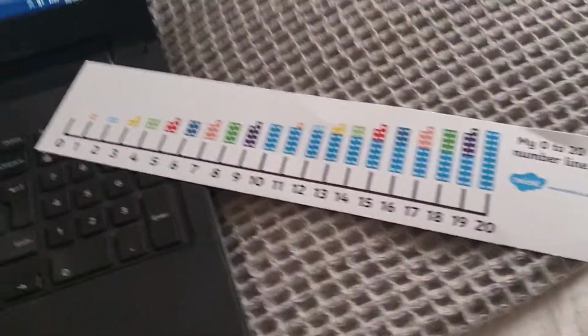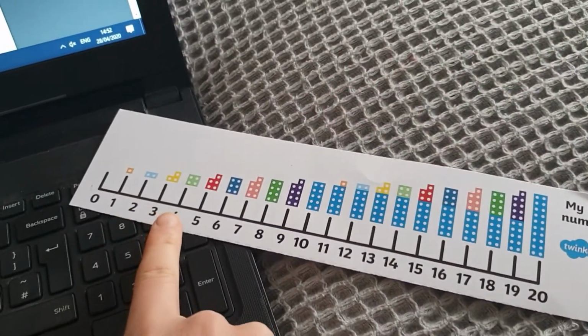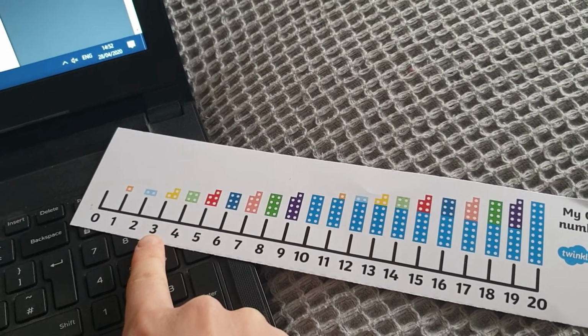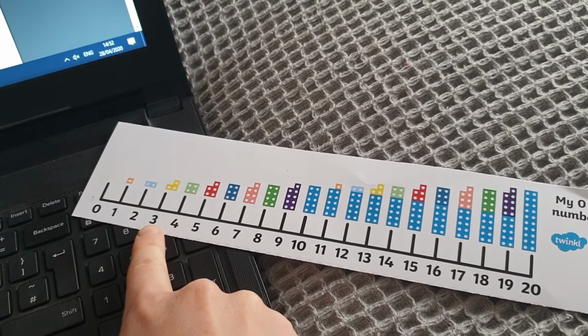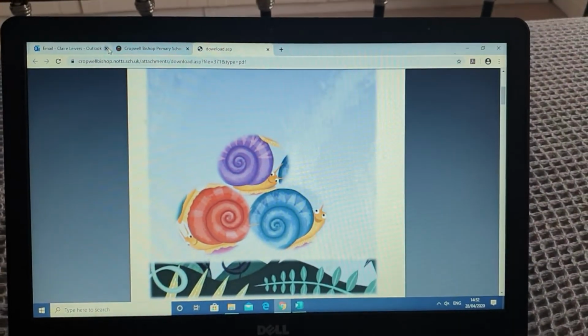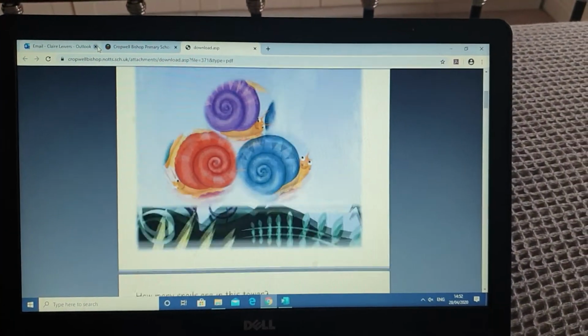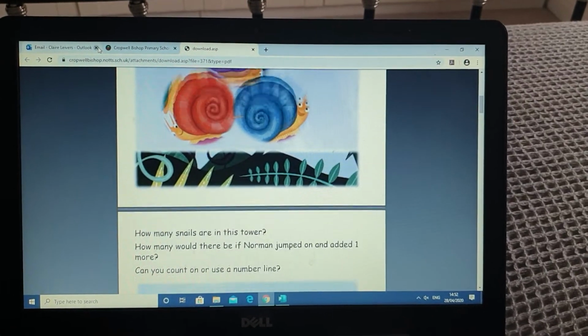If it gets trickier, you could use your number line to help you. You could find the amount that are currently there, 3 snails, and do 1 jump, 1 more on the number line, 4. So that one's nice and easy. I'm not going to do them all, so you're going to have a chance to do it yourself. But if I scroll down,